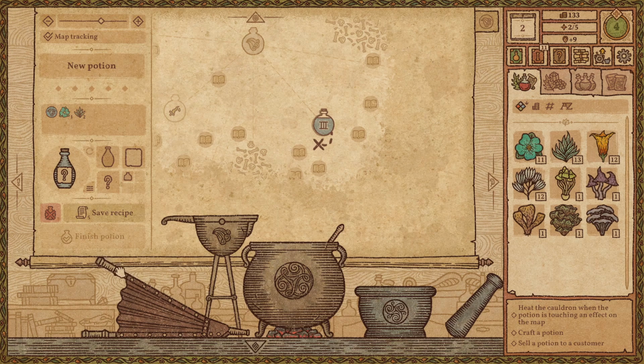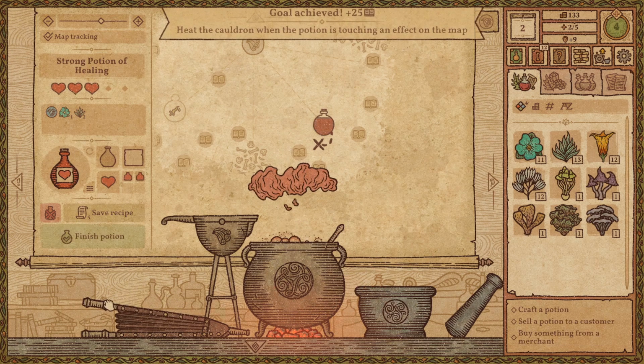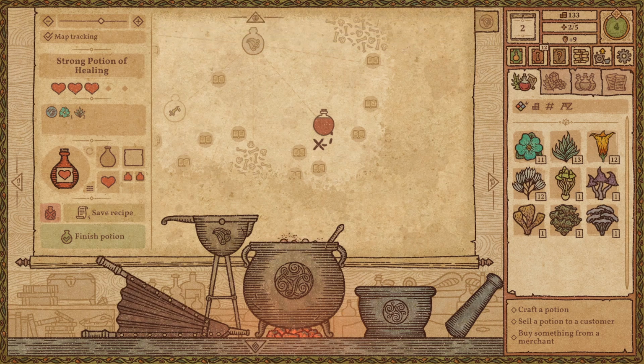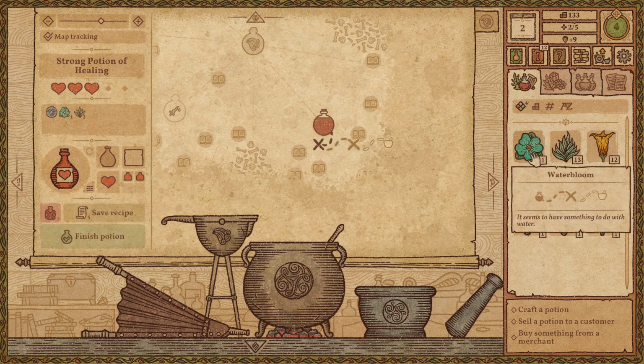So let's use the blower here. I forgot what this thing is called. This heated pump thing. The blower for stoking the coals. Stoker. And let's actually get this thing made. Okay, let's save this recipe. Actually, this is a level 3 healing potion using relatively low...